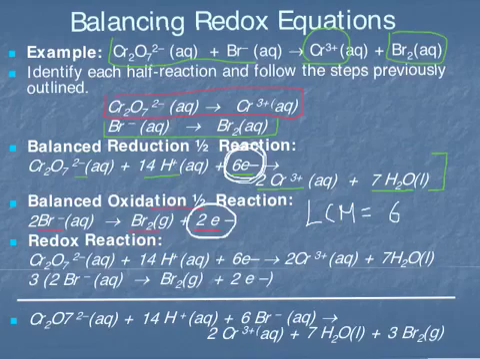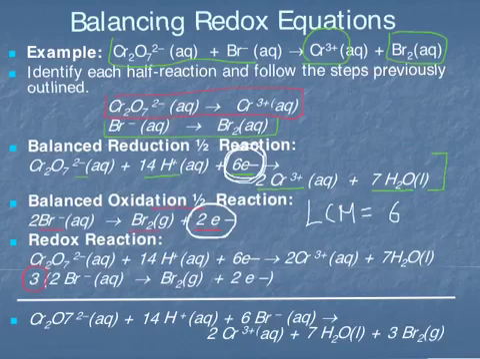That means that in our oxidation reaction, we have to give up a total of 6 electrons, and in our reduction reaction, we have to gain a total of 6 electrons as well. The only way we can do that is to multiply our oxidation reaction by 3. So we have to multiply everything in our oxidation reaction by 3, so that at the end of the day,